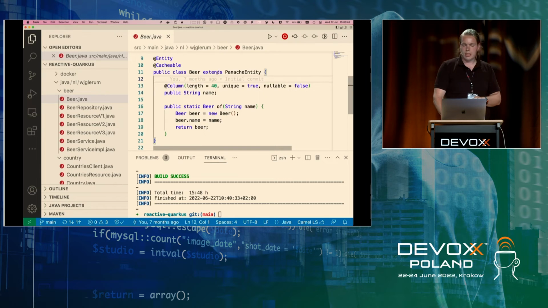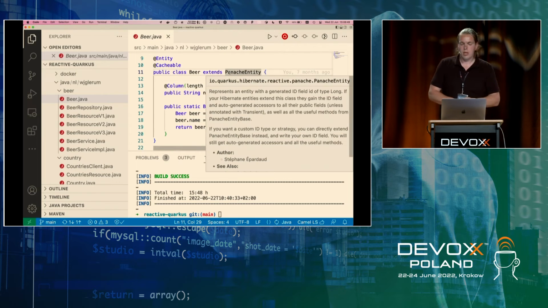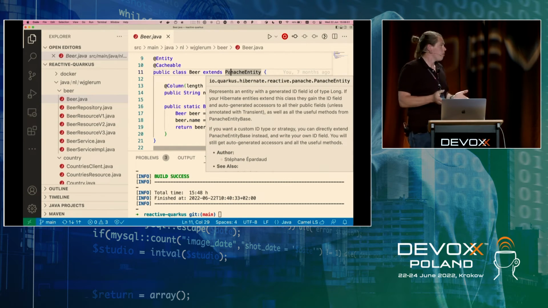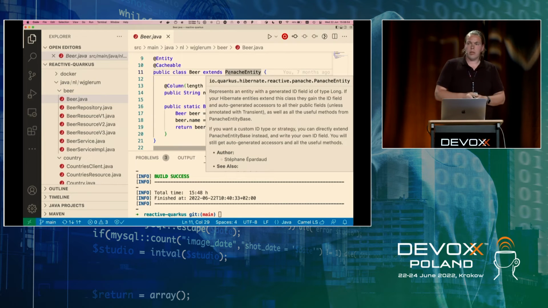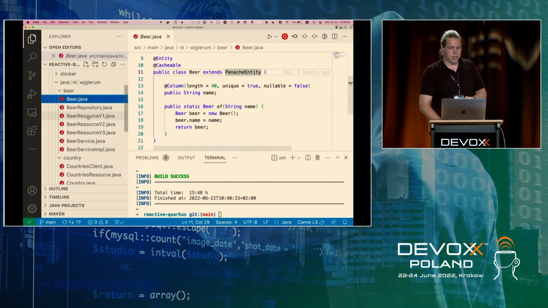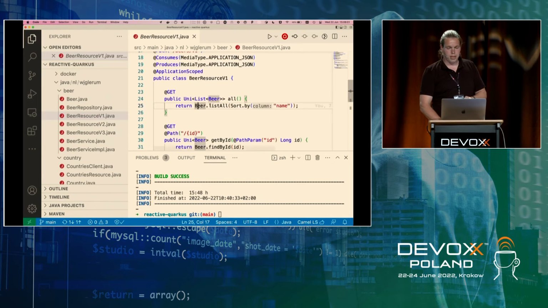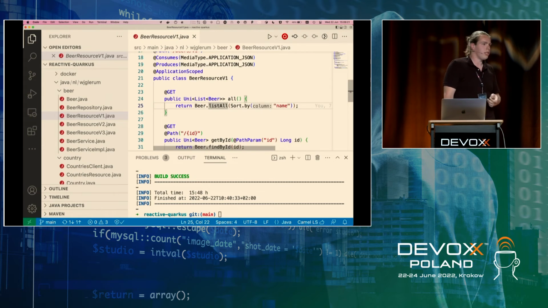Then you see that it extends this magic Panache entity. This is actually where the Quarkus goodies come in with Panache. You can use in this matter the active record pattern. So from here, I can simply call Beer.listAll. This is just some virtual method that the extension generates for you. And I can use some easy sorting as well in there. So I can really easily define my query. So get me all the beers from the database, sort them by name, or sort them by ID. Because when I'm extending from this Panache entity, it also gets you automatically an ID.